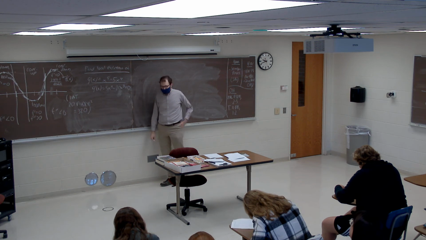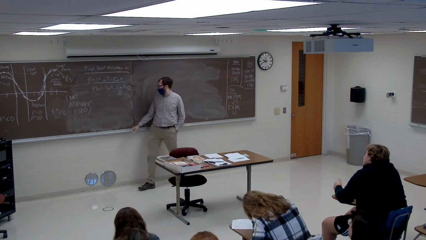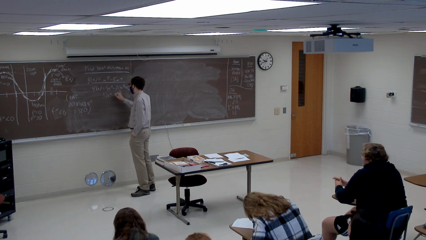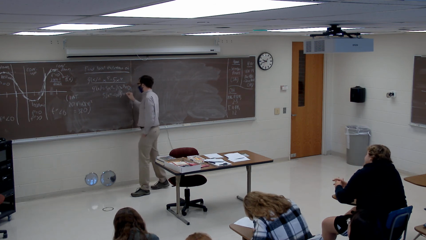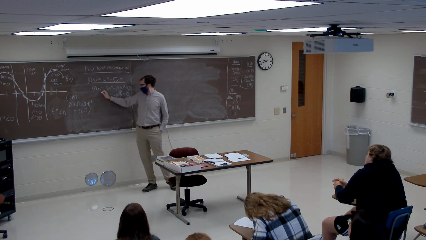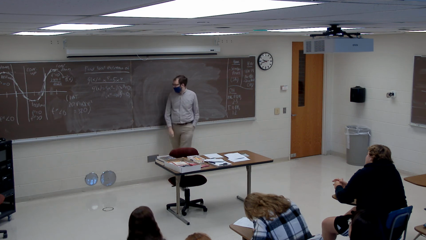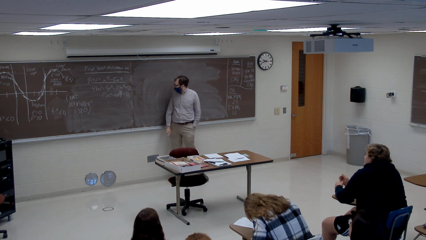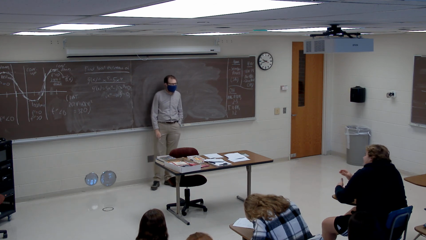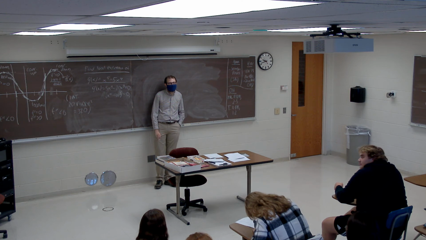Groovy. And then I factored out a 5 from the first one. Okay, so that'll give us, what, x to the fourth minus 4x cubed? And then I divided both sides by 5. Cool. So that gets us to x to the fourth minus 4x cubed has to come out to 0. That's where I kind of got stuck, because the only thing I could think of to do is factor out x cubed, but that only gave me